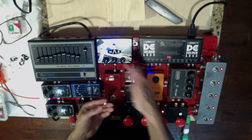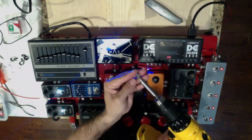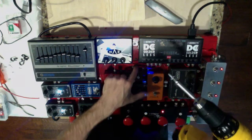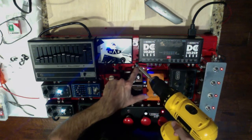So what I'm going to do now is just secure that down. And I'm going to use my drill, and I've got a little extension on there. And I'm going to place my screw in there. It'll hold, as you can see. Sometimes they fall out, but you can always put them back in. And then I'm going to place my finger on here,